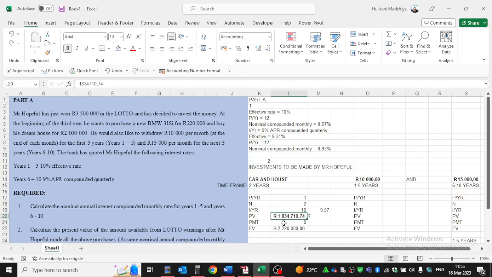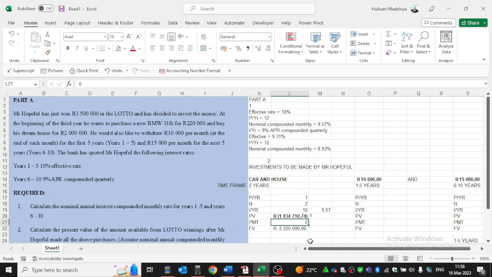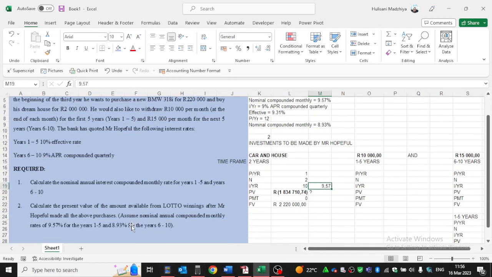So this is the amount that he needs to invest today. So it's going to be a negative, which is an outflow of cash. So the second method, I explained that you can use 9.57. His account is actually set up on a frequency of compounding of a monthly basis from year 1 to